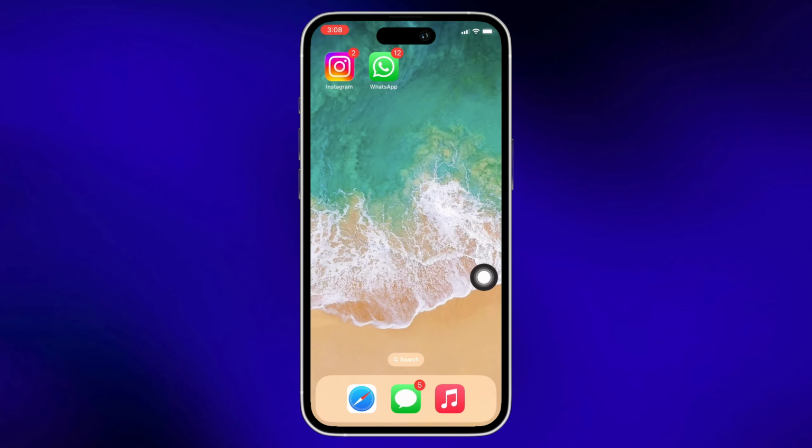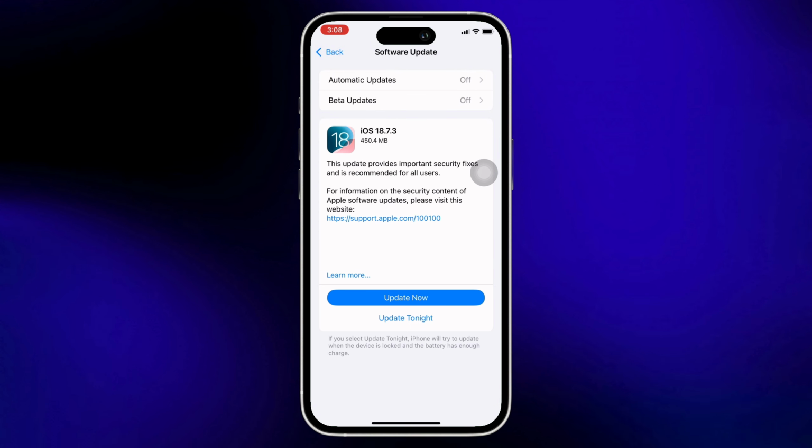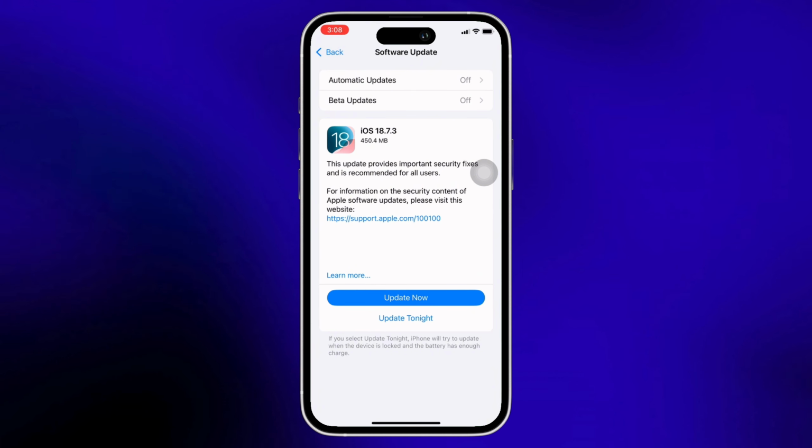And if your issue is still not fixed, then launch the settings application on your device and tap on general and then tap on software update. Make sure your iPhone is updated to its latest version, and if not, then update your iPhone, as software bugs